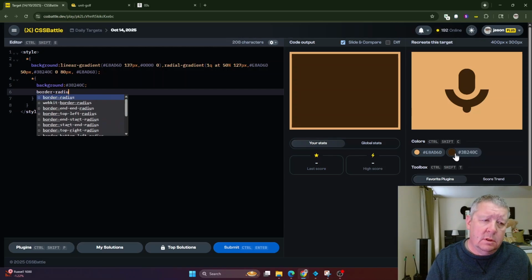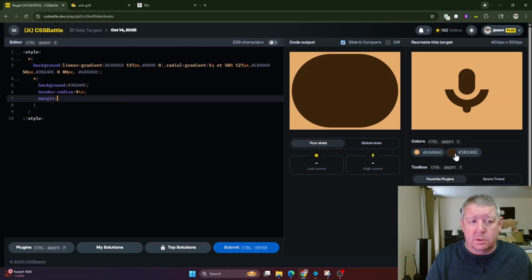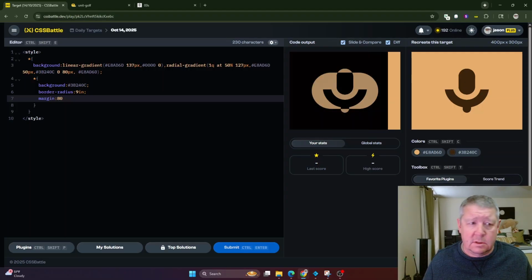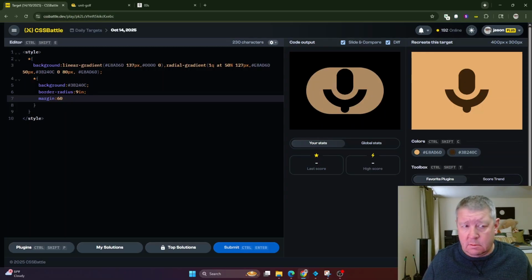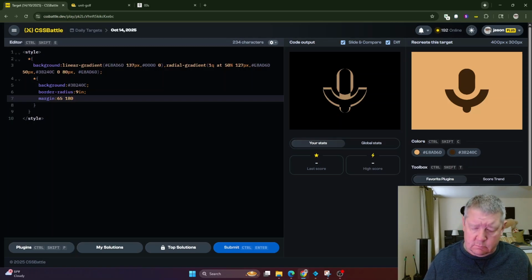Border radius 9-inch. Margin 80. It's too much on top, not enough on the sides. 60. 65. Looks right on top. 120. 140. 180. Is that too skinny? I can't tell the difference. Yes, that's too skinny. 170. That looks right on the sides, and then the bottom needs to come up. It's going to be, I don't know, 120, more, 140,